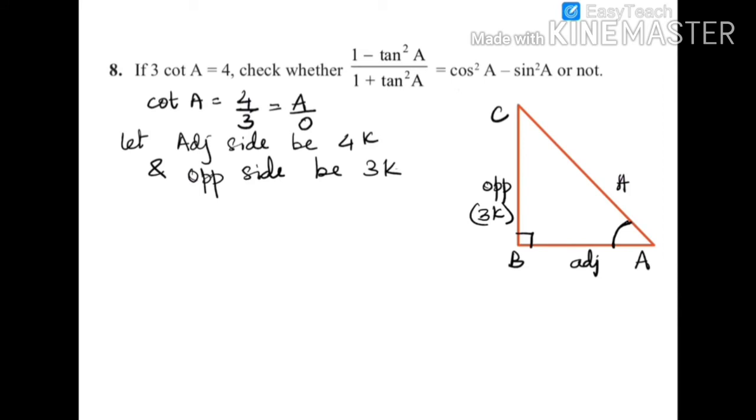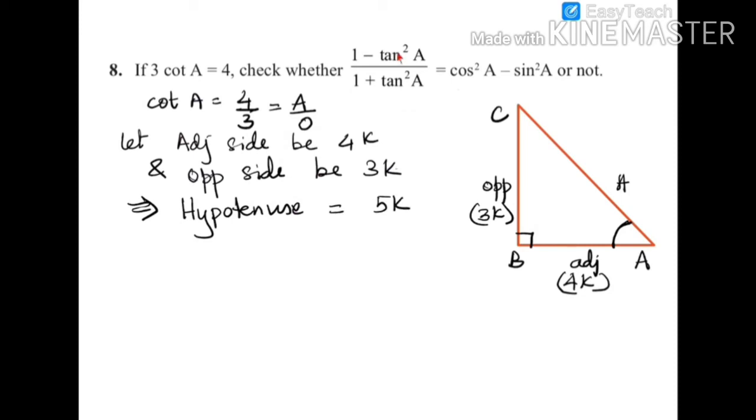So marking the sides in the figure, we can see that two sides that are given are 3k and 4k. Since we know that 3, 4, 5 are Pythagorean triplets, multiplying these numbers with a common factor will give us 3 numbers which will also be Pythagorean triplets. So this implies that hypotenuse will be 5k.